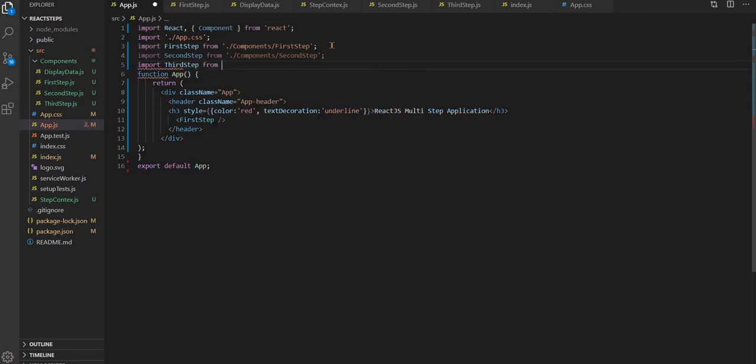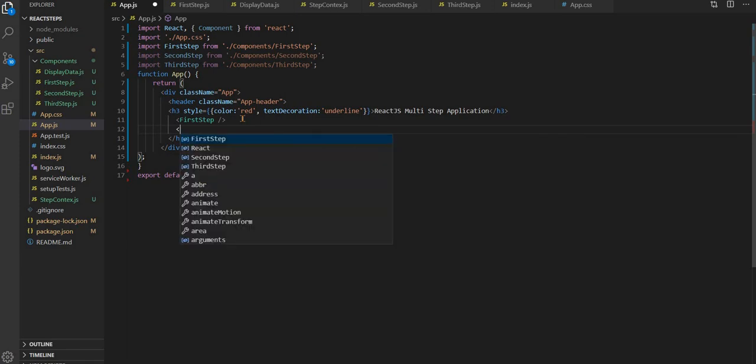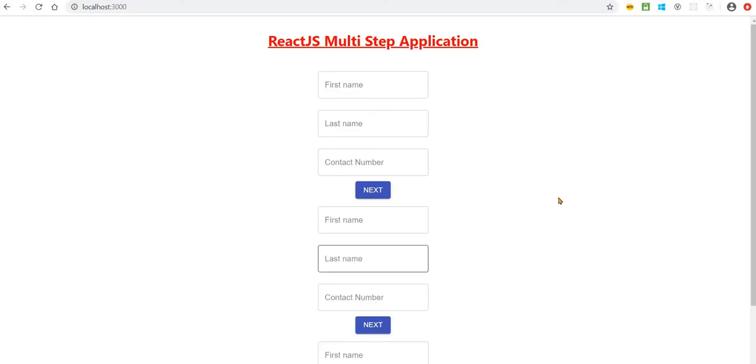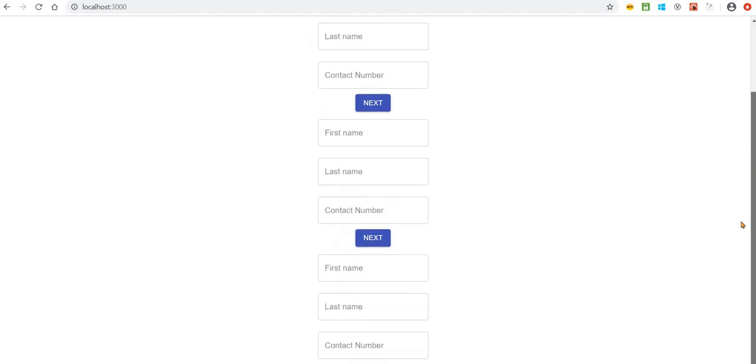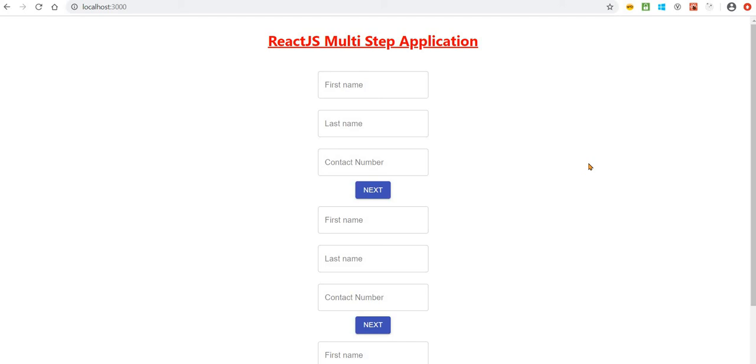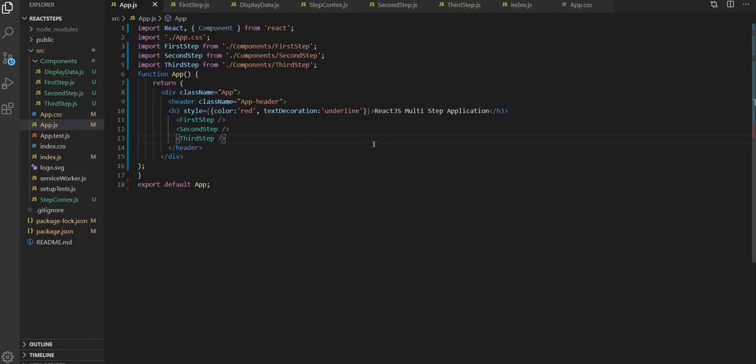So third step from third step components, third step, and just put that below the first and second step. Here we are showing that component third step. So let's check on the browser what is happening. Okay, so what is happening here, we have all the steps showing on the page, so we don't want this.